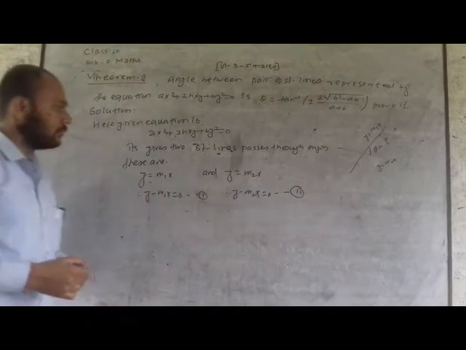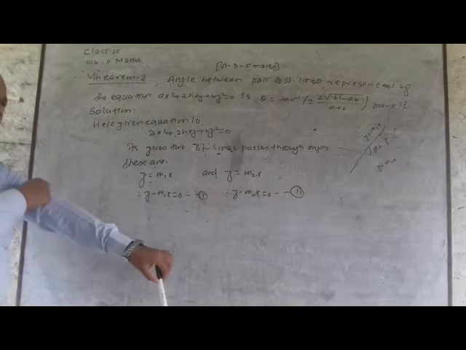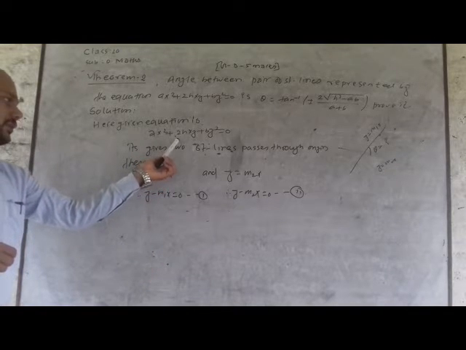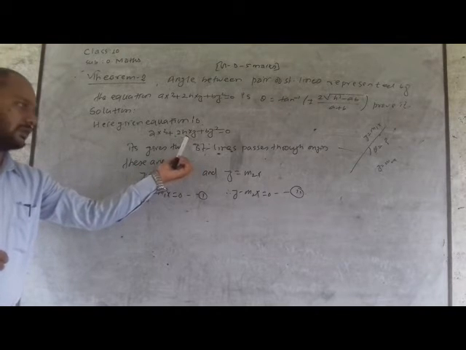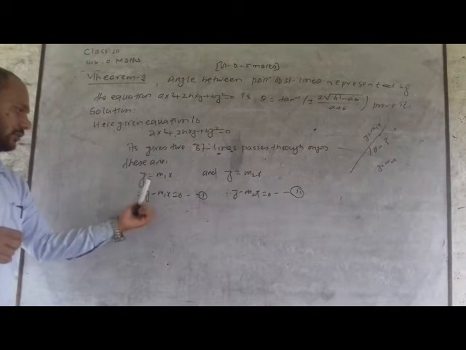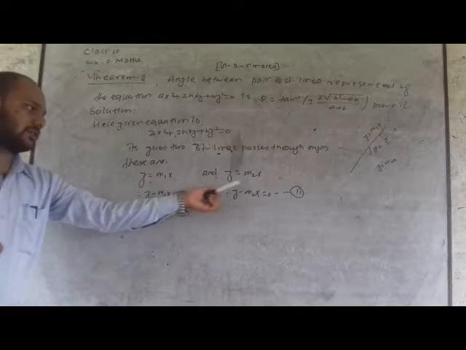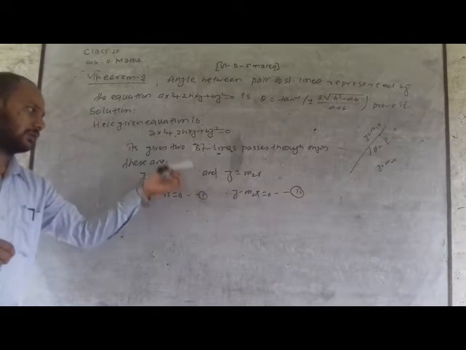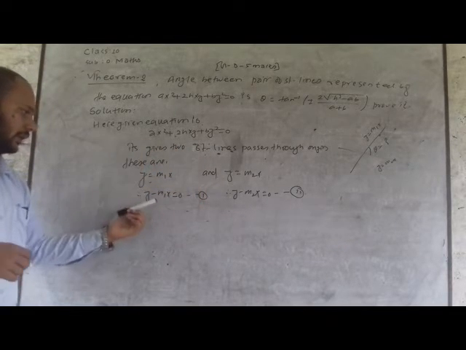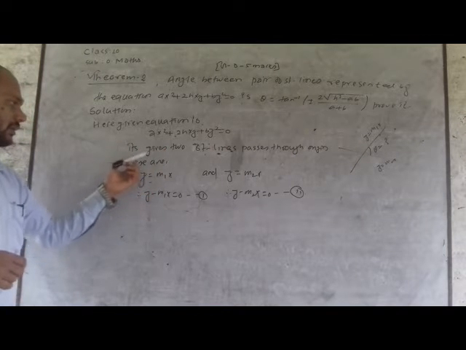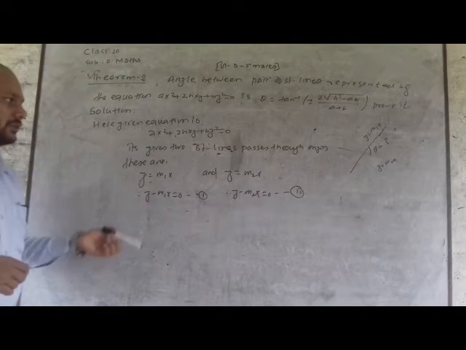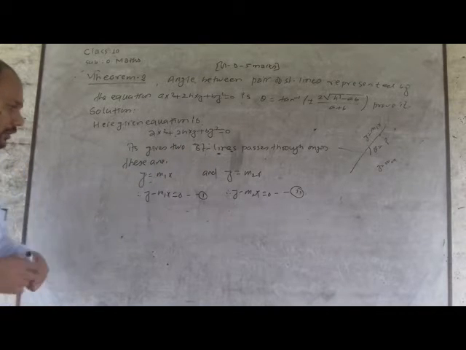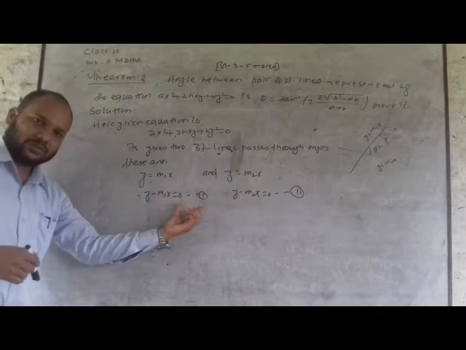Understand? We already completed this theorem. This homogeneous equation of second degree gives two straight lines. These are y is equal to m1x and y is equal to m2x. We already proved this theorem in theorem number 1. And from here we directly write, we know that it gives two straight lines passing through the origin. These are this. Okay. Now I am going to combine these two equations. Okay.